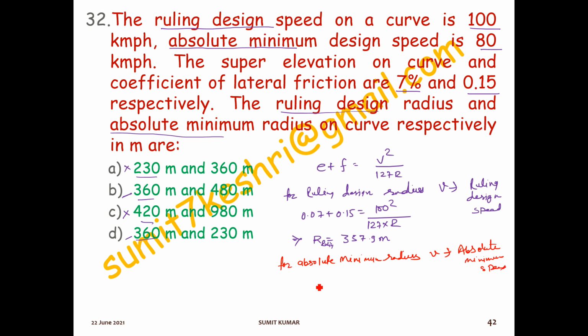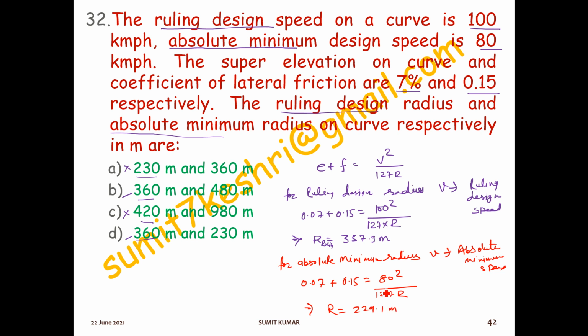So here just use this formula and put in the corresponding data: E is given as 7%, that is 0.07, and F, the coefficient of lateral friction, is 0.15, equal to V square by 127 R. For finding the absolute minimum radius, choose the absolute minimum design speed, which is given as 80. So 80 square divided by 127 R. From this equation you will get R as